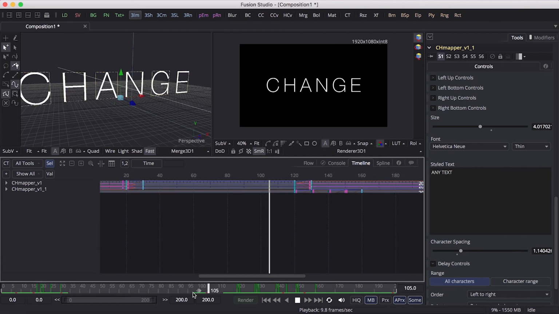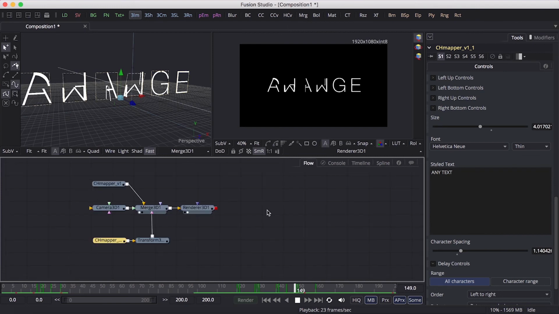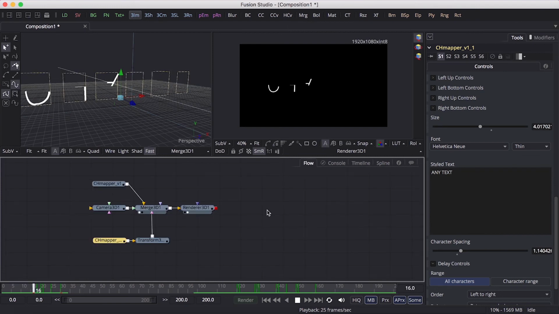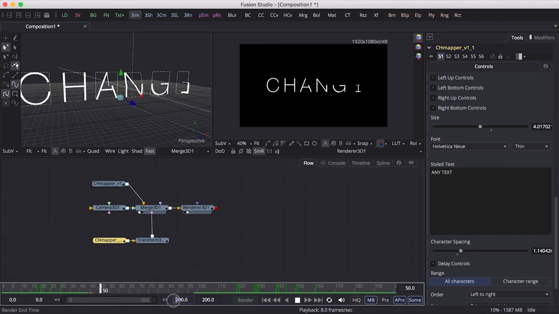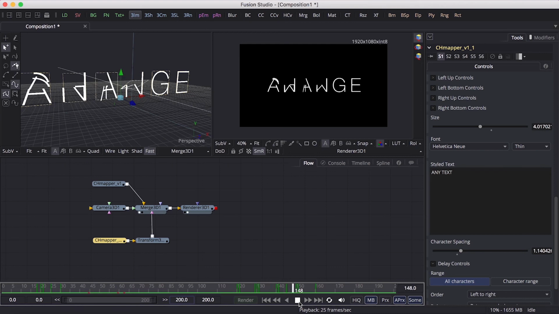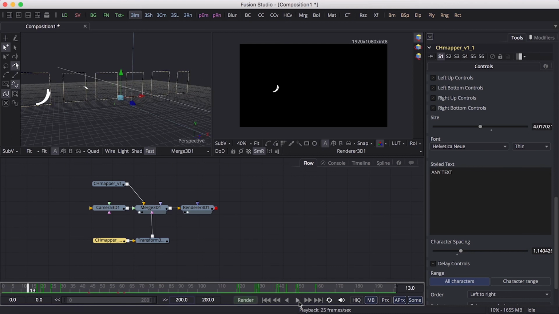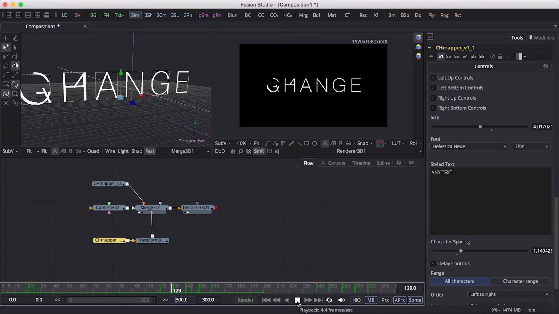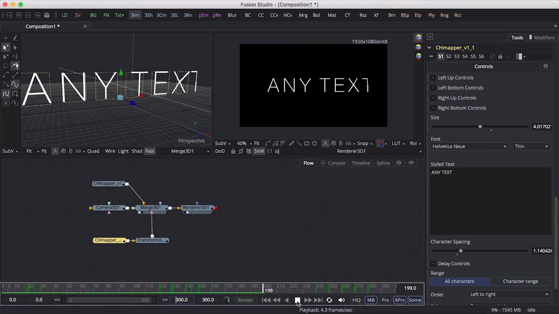Okay, let's jump to the exciting part. It needs more length. And now we will have this overlapping effect.